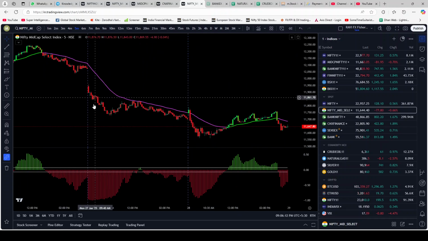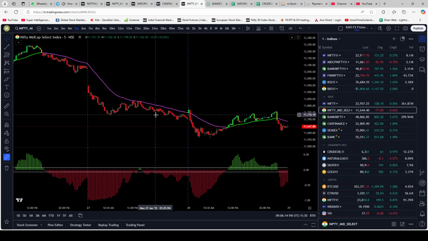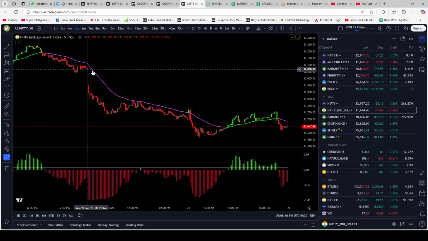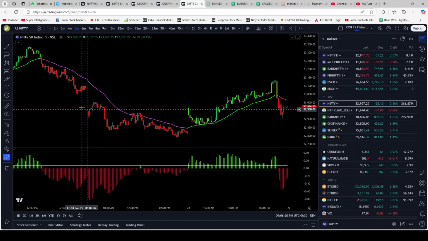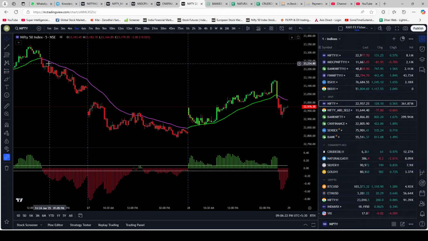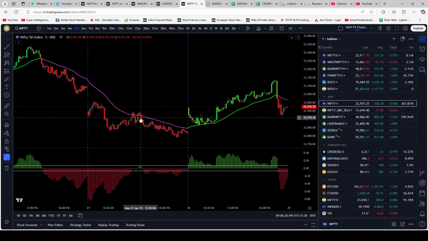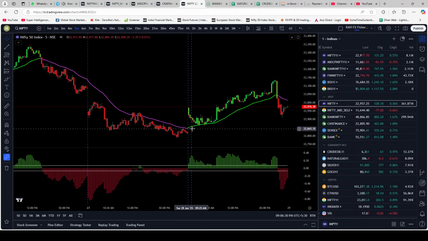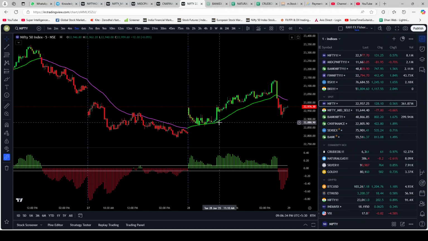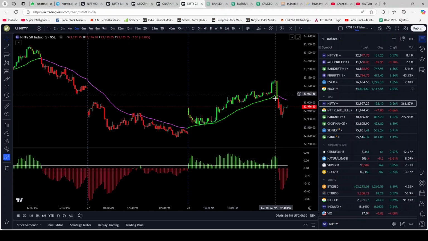Okay, you see yesterday it hardly went into green. The whole day was red. This is the mid cap. Let me show you Nifty. Nifty, if you see, from here onwards, it's completely into red. It hardly tries to break out over here, fails. Today, if you see, it opens in the green and it stays, even though it comes down a little, it stays above the green CME trend bar line, and only in the end the dump happens at 2:45 over here